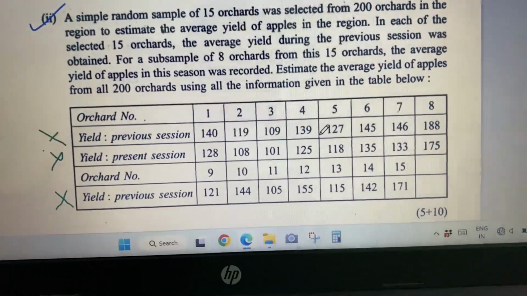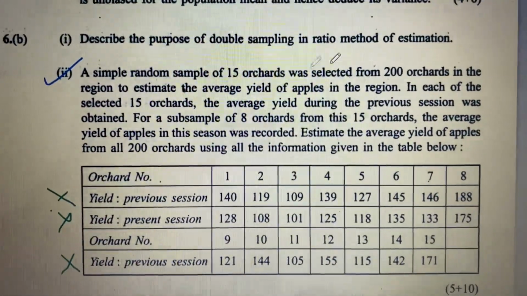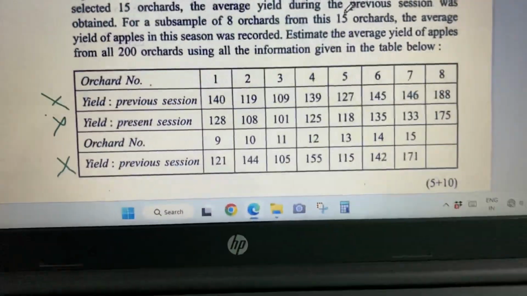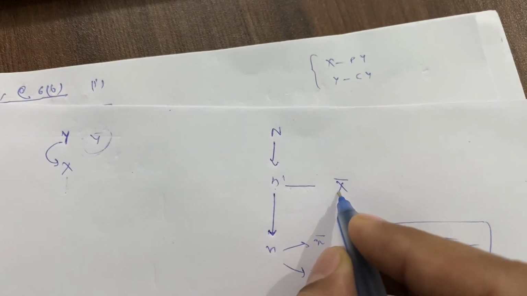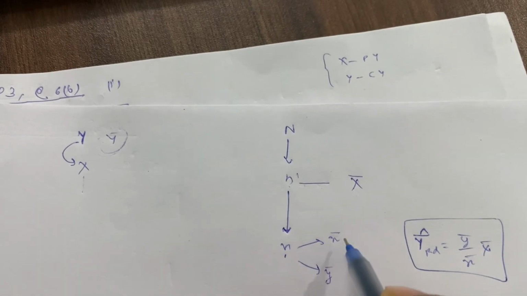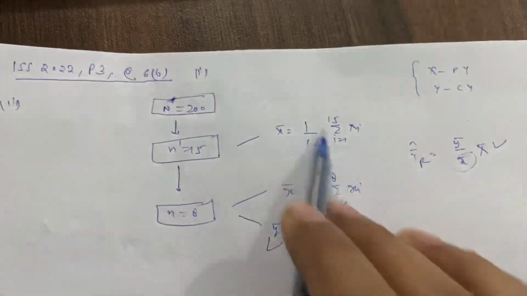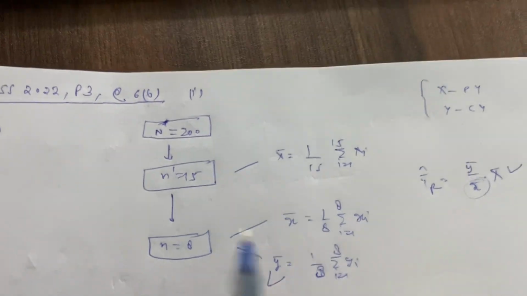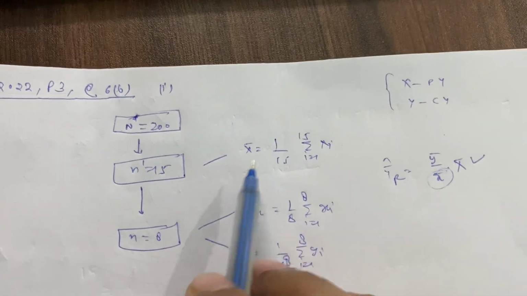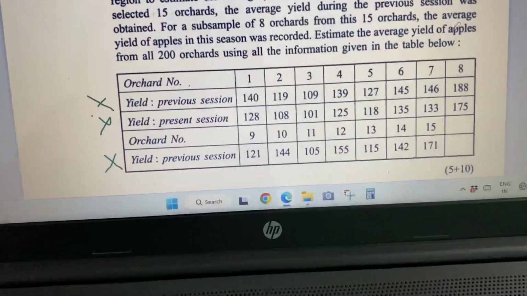So now we need to estimate the average yield. How do we estimate? Basically this is double sampling in ratio estimation that we need to use. From n prime we calculate capital X bar, and from the subsample we calculate small x bar and y bar. We will do the same thing here and combine them, and further calculate the ratio method of estimation. From n prime, calculate the previous year yield, which is the population mean of the auxiliary variable. To do this, sum